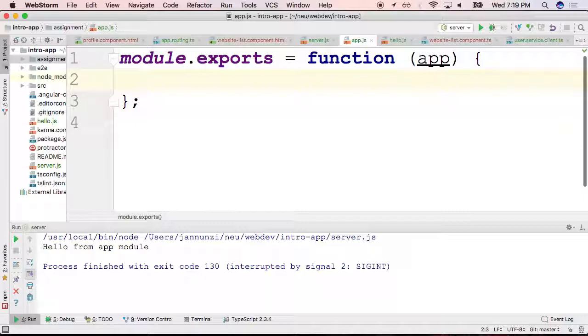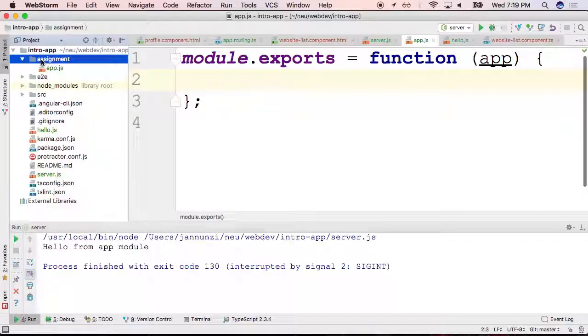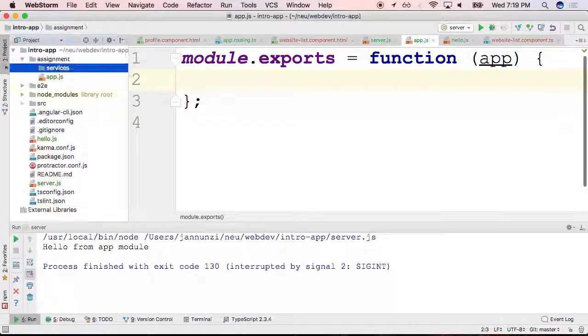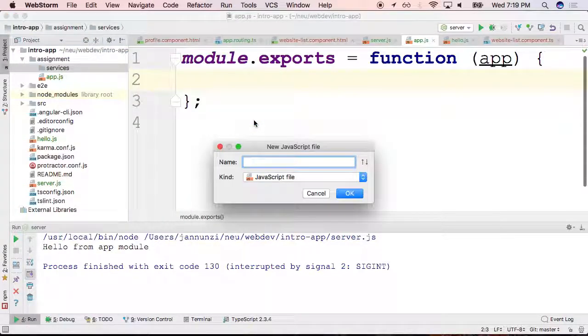All right. So let's start with implementing a couple of services. In particular, we're going to look at implementing the user service first. Since we're going to have several services, it's a good practice to group them all together under a directory called services. So this is going to be implementing several JavaScript files that have the role of services. And in your mind, you should be immediately saying, okay, well, what does a service do? A service